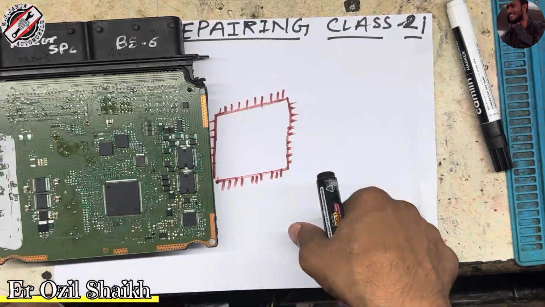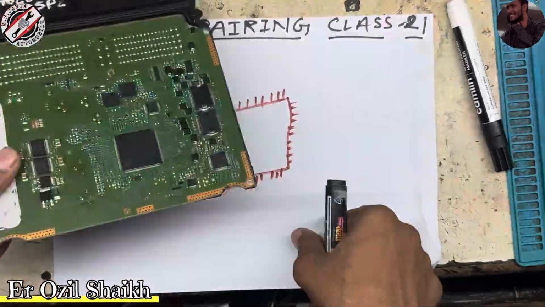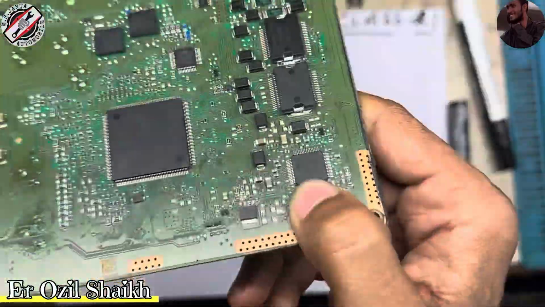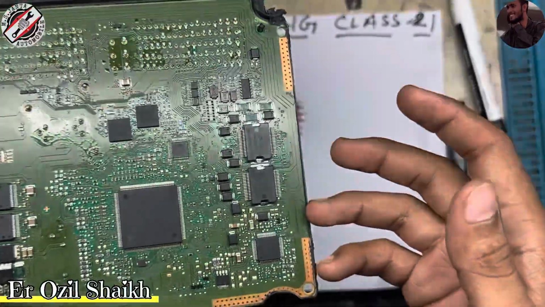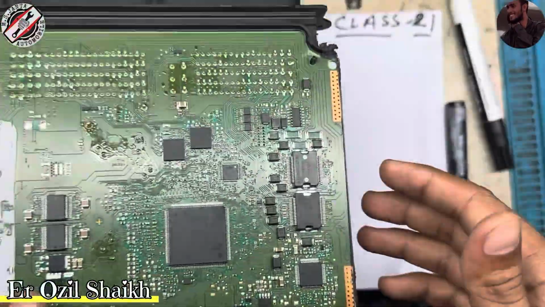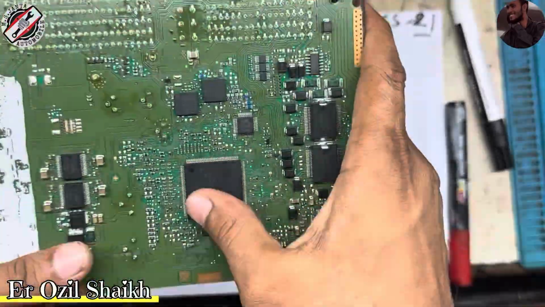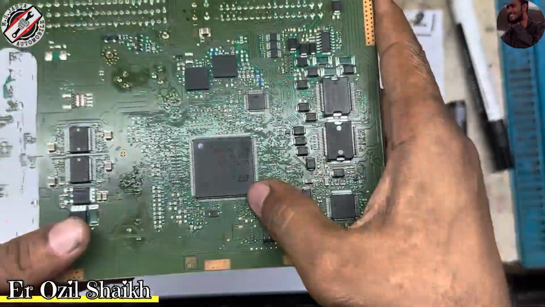So in this video I am going to explain the BS6 ECU, and I have this ECM. There is a fault, you can see here. The power IC has gone, and I will teach you how to check and find the fault step by step. Okay, so as you know, this is the processor, and this processor number is SPC58.